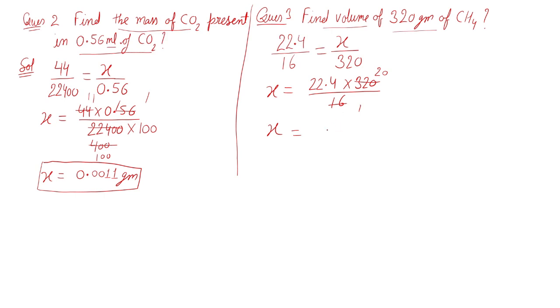So it will be 2 4 8, 2 2 4. There is a 0, so the point will shift ahead. So it is the volume